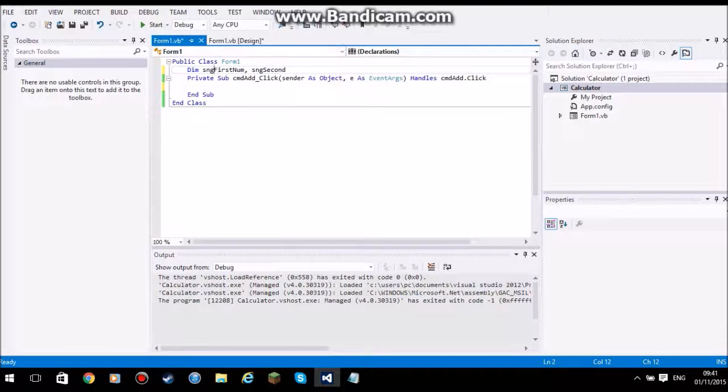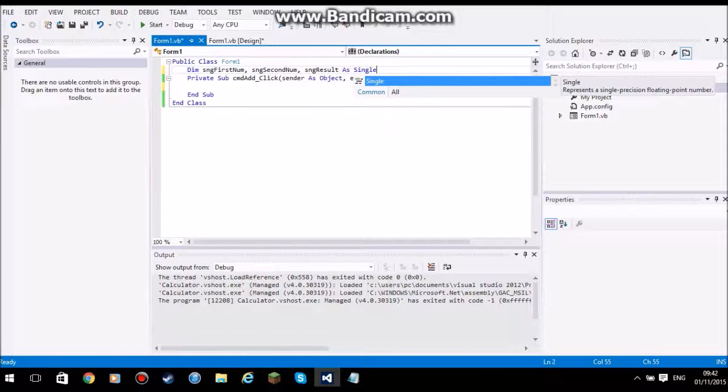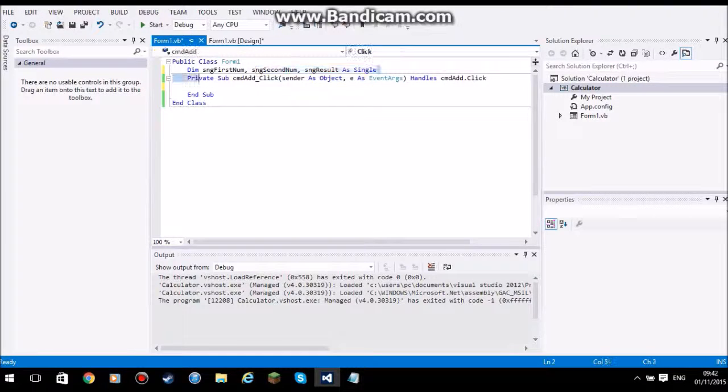Now this means they can have decimal places. Second num, and then comma, sng result as single. Now what this means, this line here, is basically,